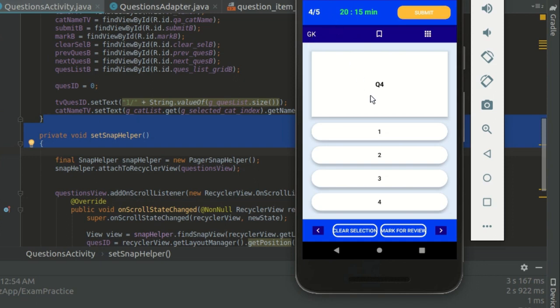Now what else we want, we also want to change the questions with these buttons, previous button and the next button. If we press the next button, we should go to the next question, and on pressing of previous button, we should go to the previous question. So we have to change this also, and also we have to start this timer. Currently it is only displaying the time, it is not decrementing this time, so we have to start this timer also. So let's go to the Android Studio,